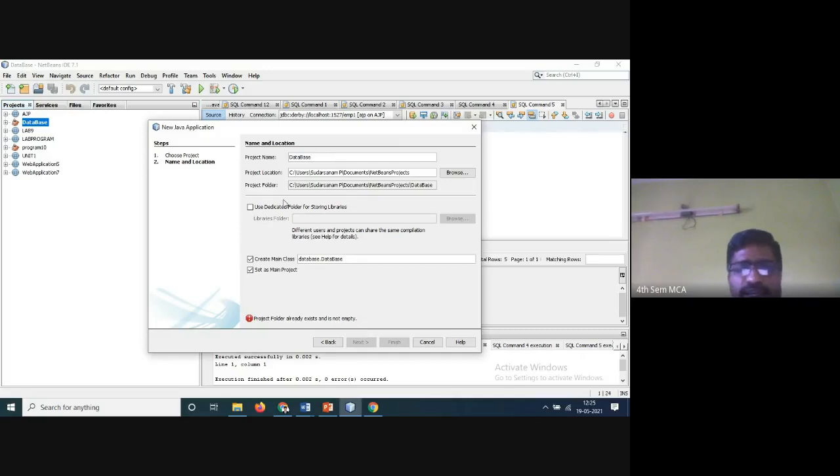Here it is showing the project folder already exists and is not empty, so you have to give some other name. I'll give database 1.